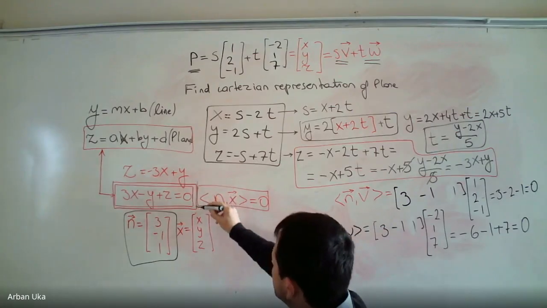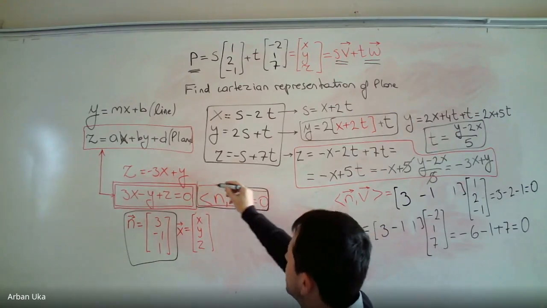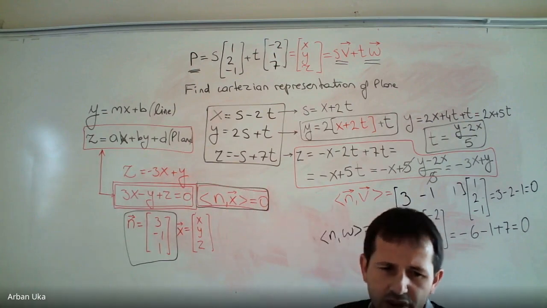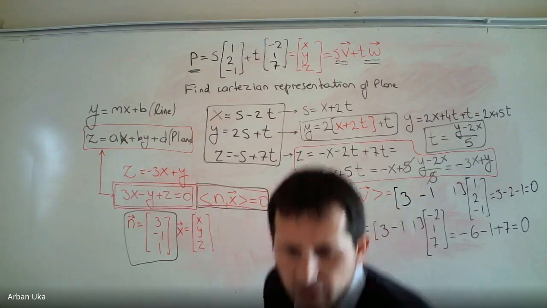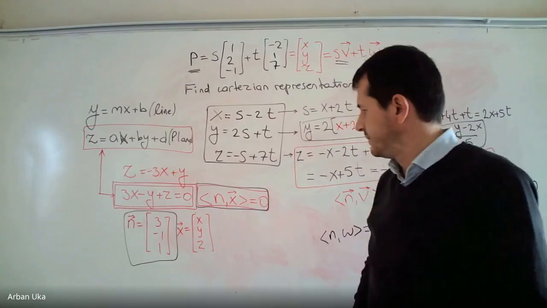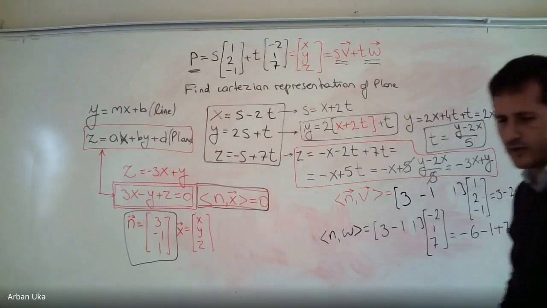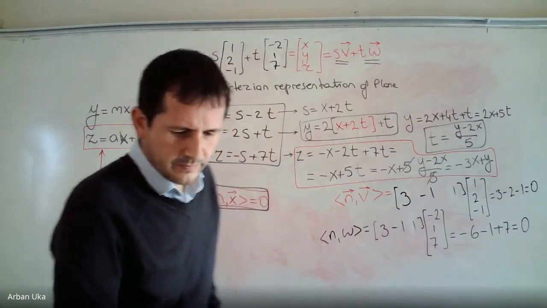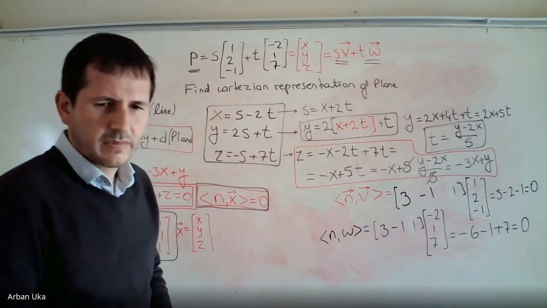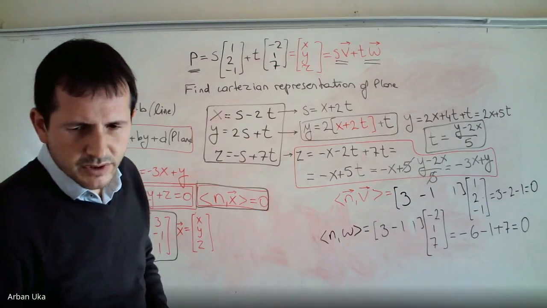The vector n is the normal vector to the plane and is the only unique description or representation for the whole plane. Okay, any question further to this discussion? If you have no question, we can